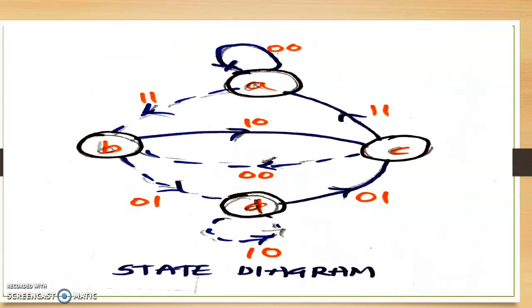Now the first encoding arrangement is the state diagram. Here in my state diagram, I will write down A, B, C, D as nodes, and depending upon the table, first is my A to A transition with the respective output 0 0. If A has a 0 input, and if A has a 1 input, my transition is from A to B with output 1 1. So from my state transition table, I will complete this diagram for all the states.